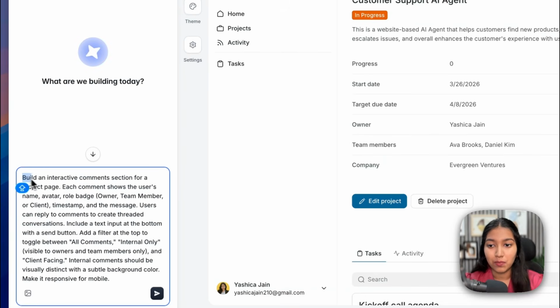So here's what I'm telling it. Build an interactive comment section for a project page. Each comment shows the user's name, avatar, role badge, timestamp, and the message. Users can reply to comments to create threaded conversations and include a text input at the bottom with a send